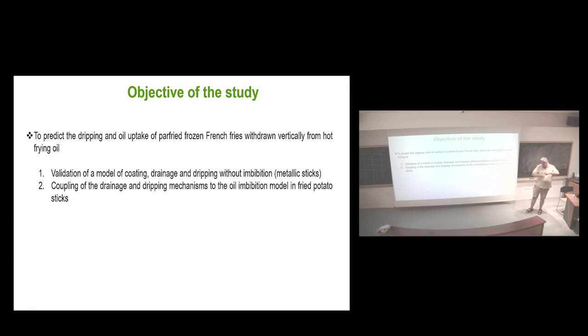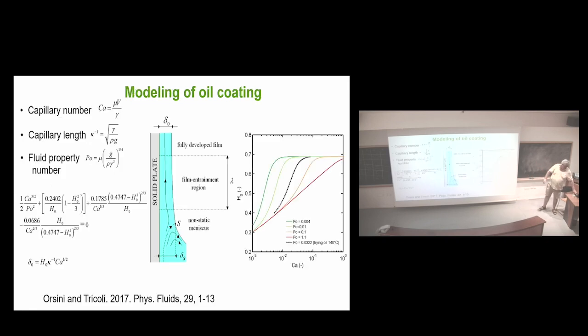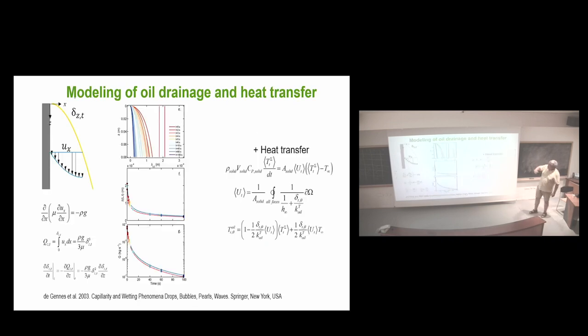If you withdraw them vertically, you'll get better drainage, but of course that's not real life, is it? Because they're all in a basket, and then you shake the basket to try and get the oil off. But this is what we can start to look at. And so my colleagues looked at modeling of the oil coating, then modeling of the oil drainage and heat transfer,